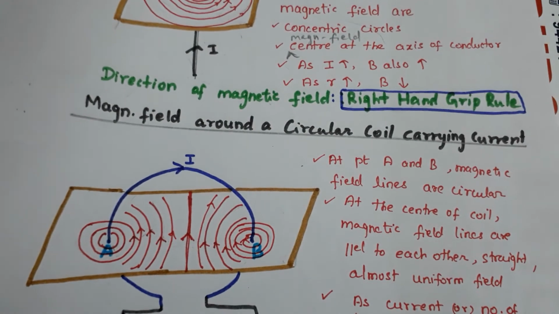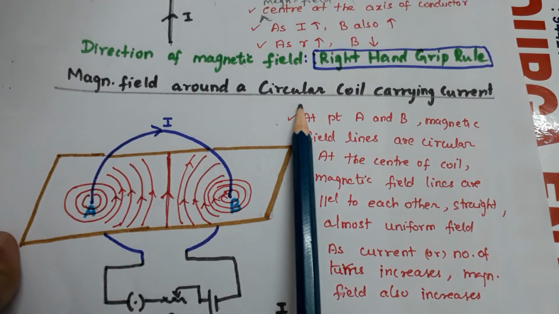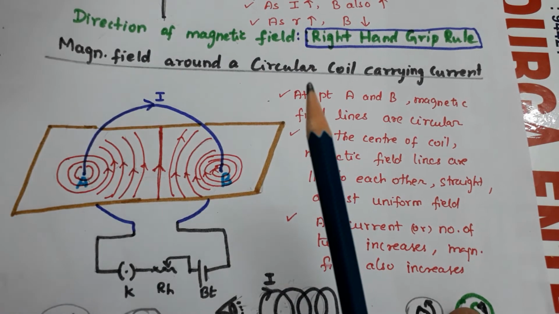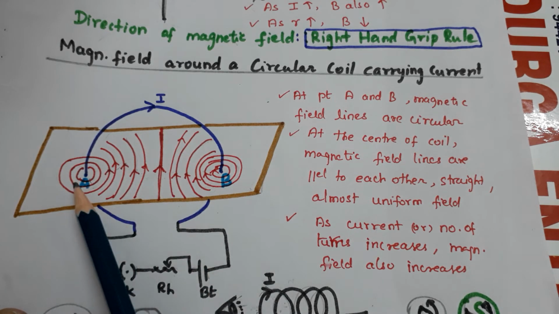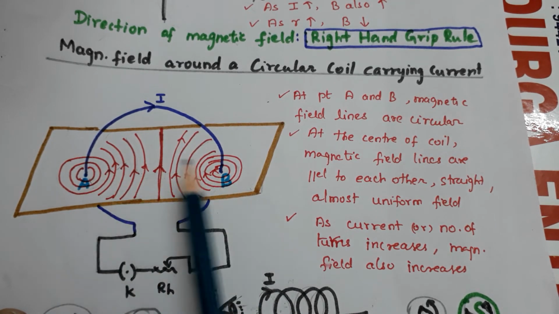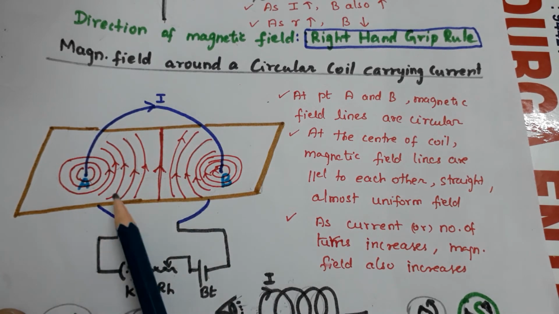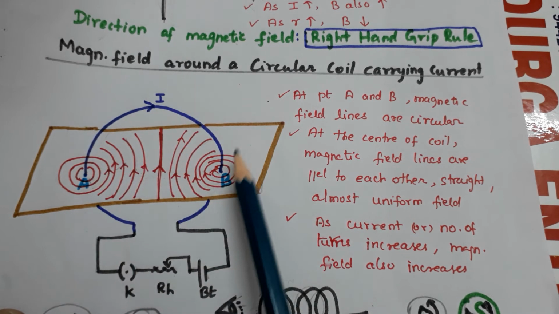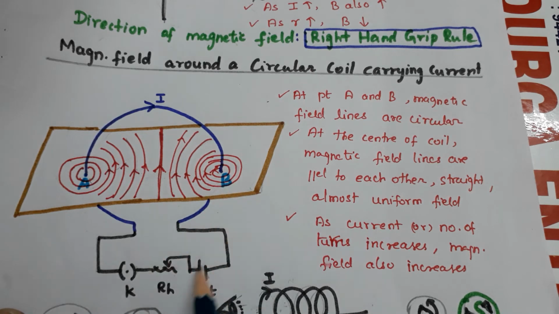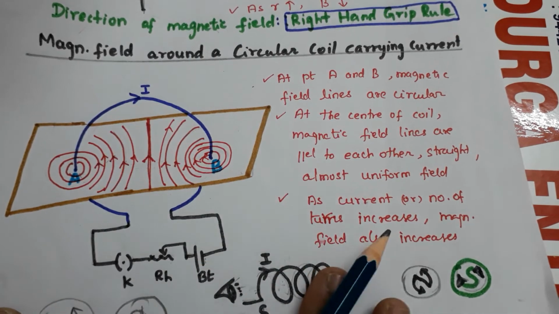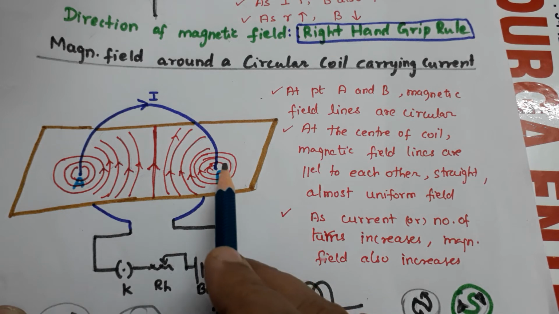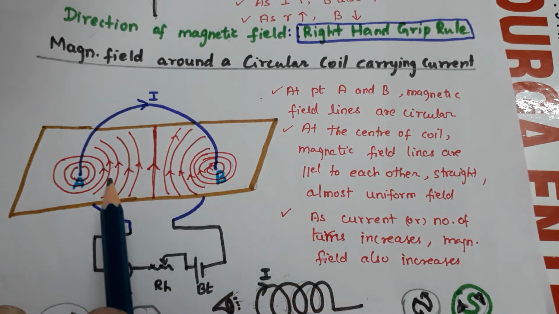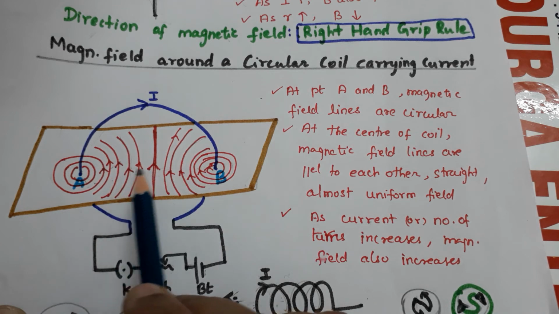Next, not only a straight conductor carrying current will produce a magnetic field, even if the conductor is circular, that will also produce a magnetic field. So how do we make a circular loop? Take a cardboard, and instead of one hole, drill two holes, A and B. Take a wire, pass it through hole A, bend it, and take it out of hole B. Now the ends are connected to the battery, key and the rheostat. Now as usual, switch on the battery, spray the iron dust, and tap the cardboard. You can see the shape of the magnetic field.